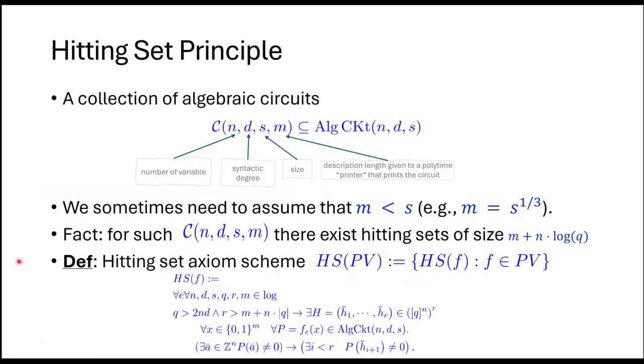Now, here I'm going quickly over the hitting set principle. So a collection of algebraic circuits is defined like this, and we sometimes need to assume that M is a description which is smaller than S, in this case polynomially smaller. C is going to be a collection of algebraic circuits with n variables, D syntactic degree or individual syntactic degree, and S is the size, but we need this parameter M, which is the description length, and it will also allow us to